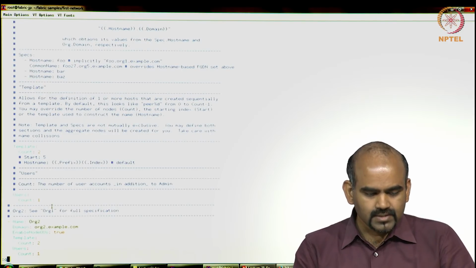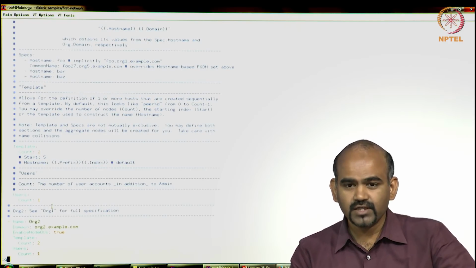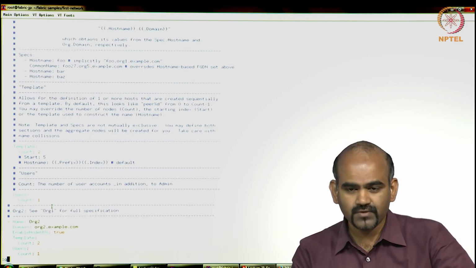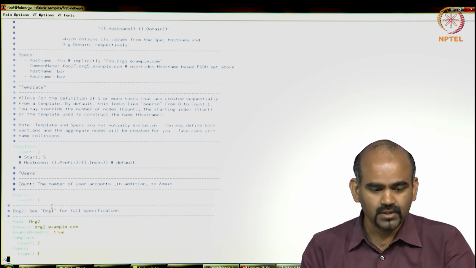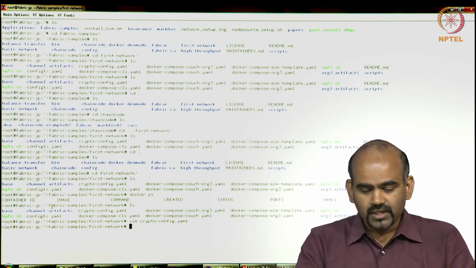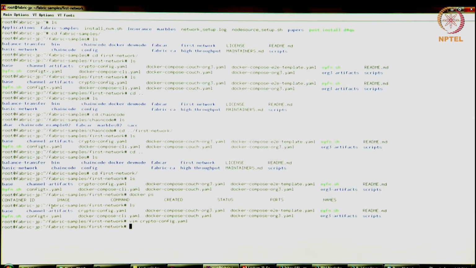Okay. So let's get back. So this is the configuration file for the network. So this needs to be filled out. There is a template here that you can use directly. That's what we'll use right now. So that's the configuration file. And before we start, I'll also show you what crypto configurations exist. So right now, there's nothing in the network, right? No containers, no organizations created.